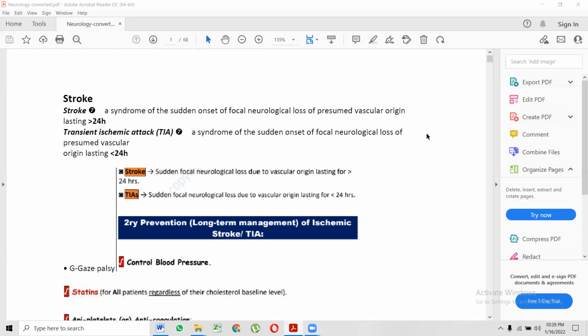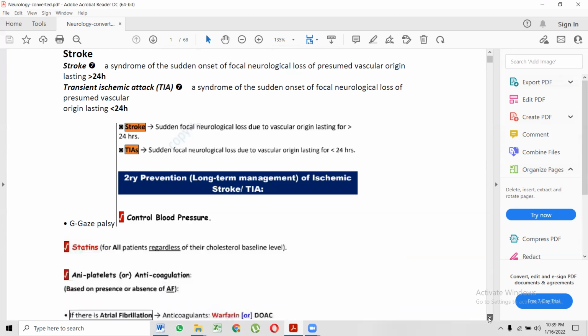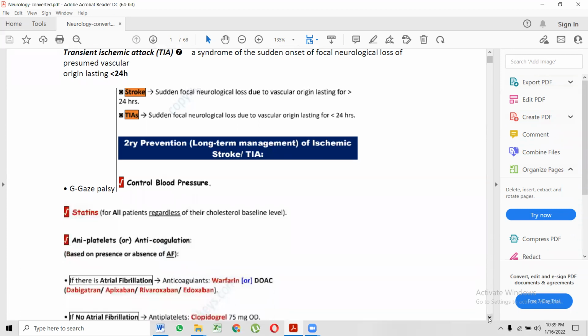So if a patient presents to you with focal neurological deficit that is sudden in onset, then the first thing that you need is to do a CT scan to exclude hemorrhage. And if there is no hemorrhage and the stroke is ischemic,